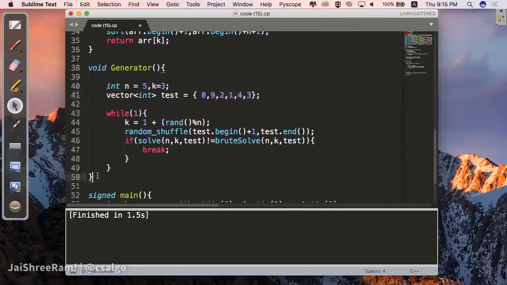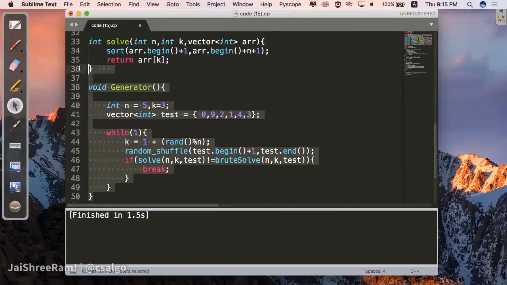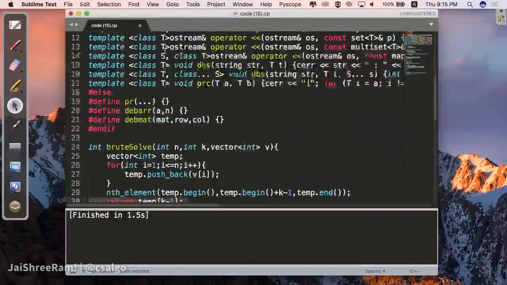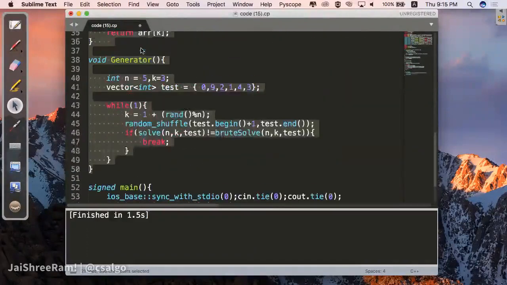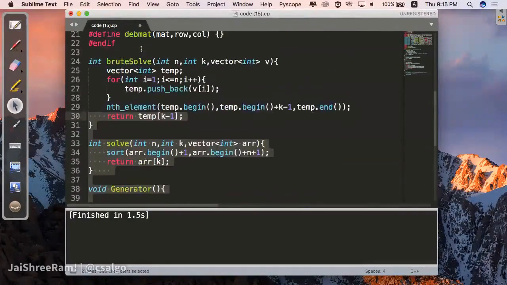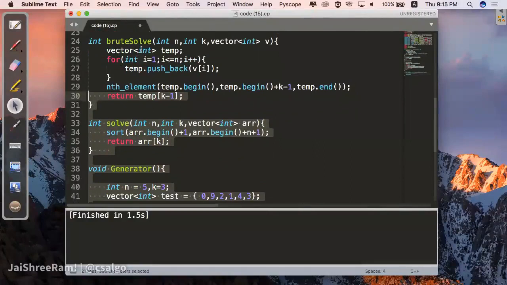However, practice with only those codes that you can write. Don't try to create bigger codes and debuggers. This won't help you in the long run, because if you are participating in ICPC or some other competition, you will not have bigger codes. You will not be able to type these things, right? Sometimes we use these to debug print codes, but it is not going to be very helpful in competitions. Online, yes, sometimes.